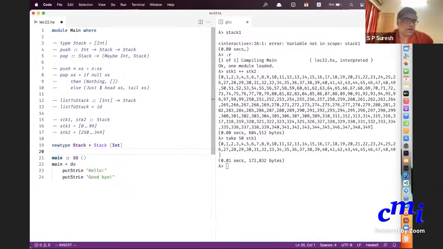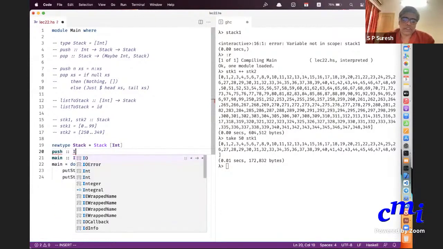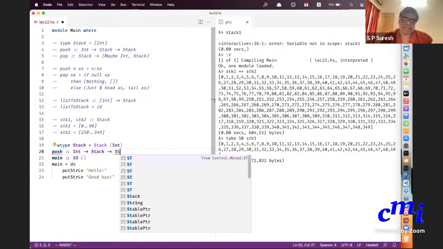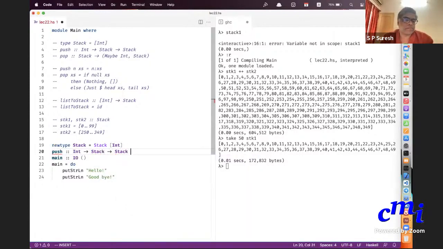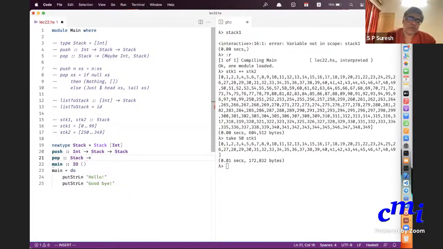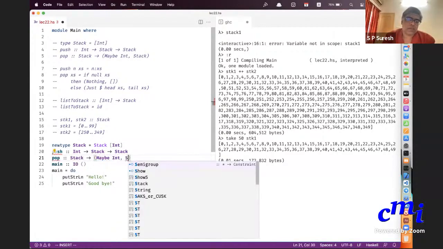And yes, that's it. So push is Int arrow Stack arrow Stack. Pop is Stack arrow Maybe (Int, Stack).